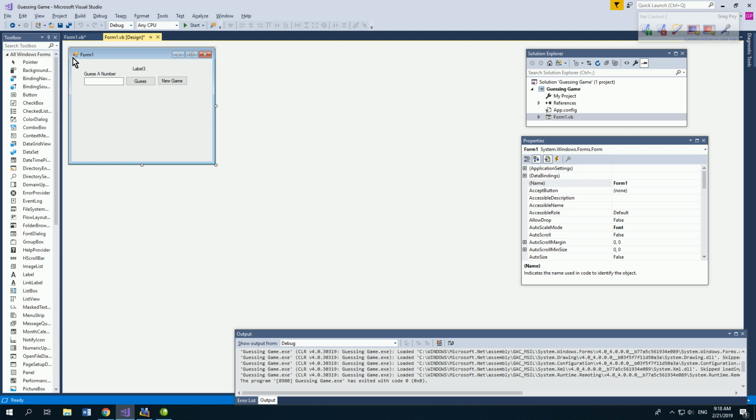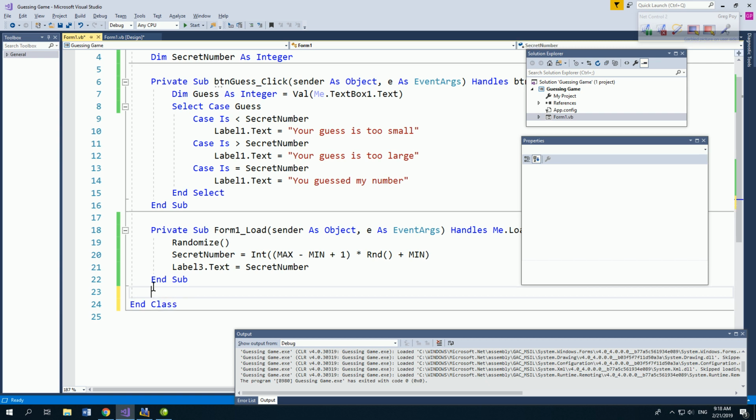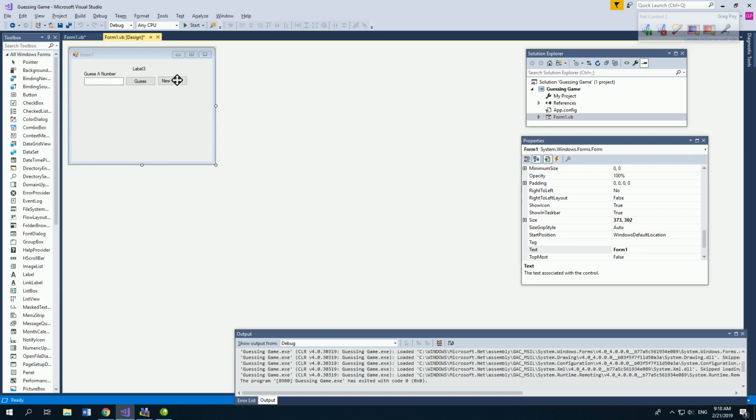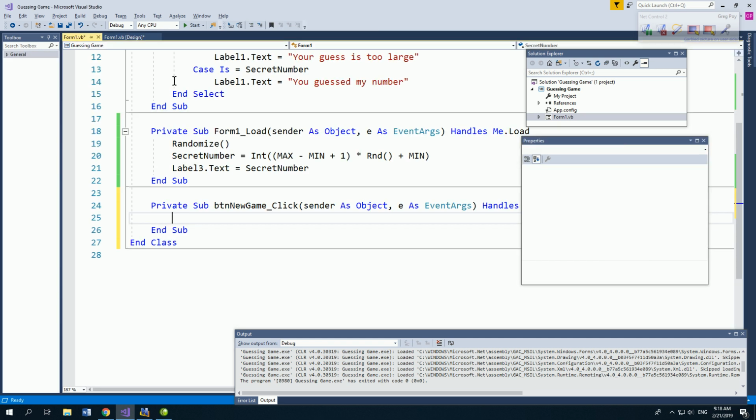Oops, it's because I already had it down there. I didn't like that. Sorry. I already had written the code for it, and so it didn't like me to make a new one. So I'm going to click on button 1, and I'm going to go back here, and I'm going to type btn new game. And now when I double click on button new game, it's going to say button new game